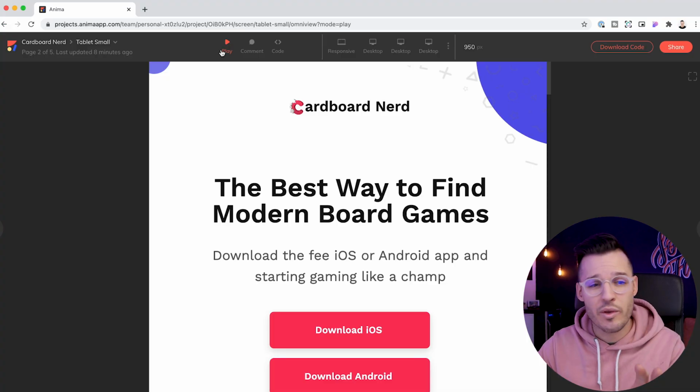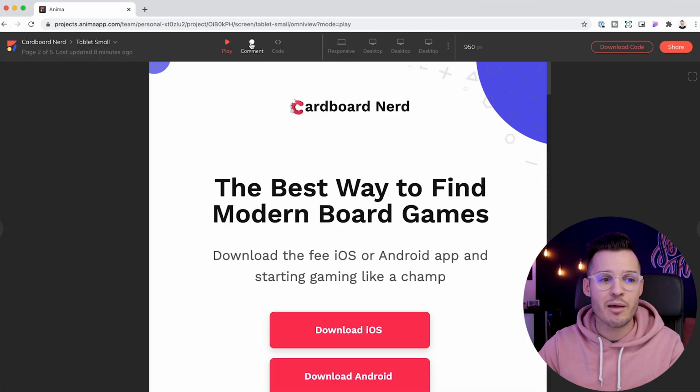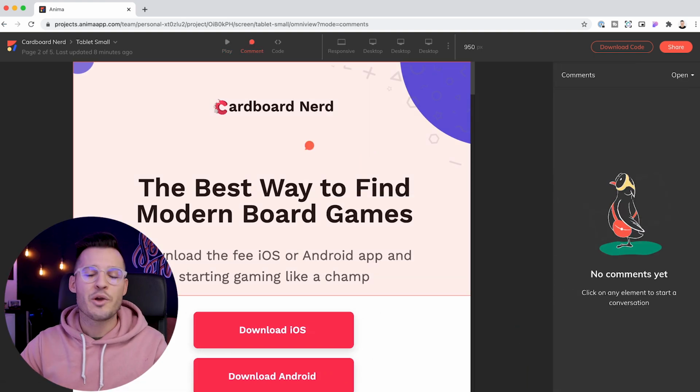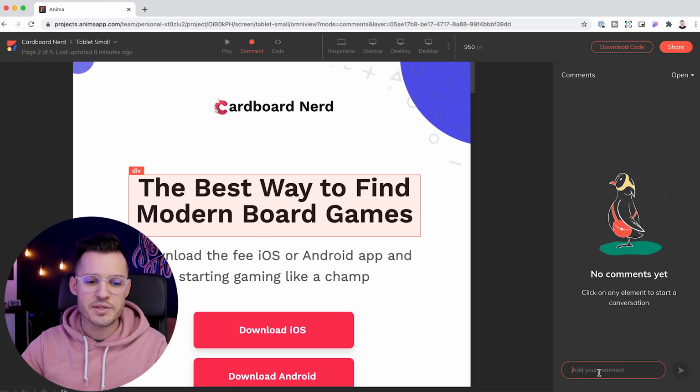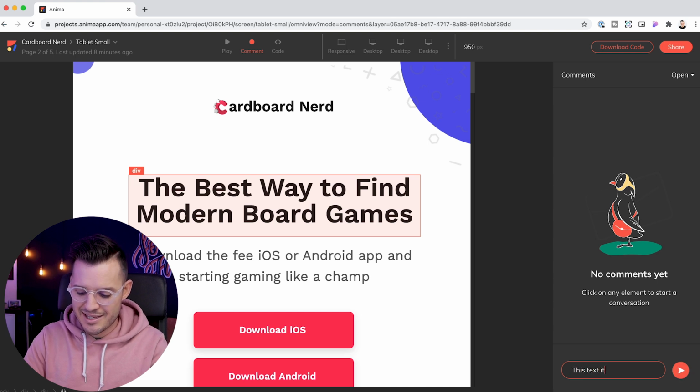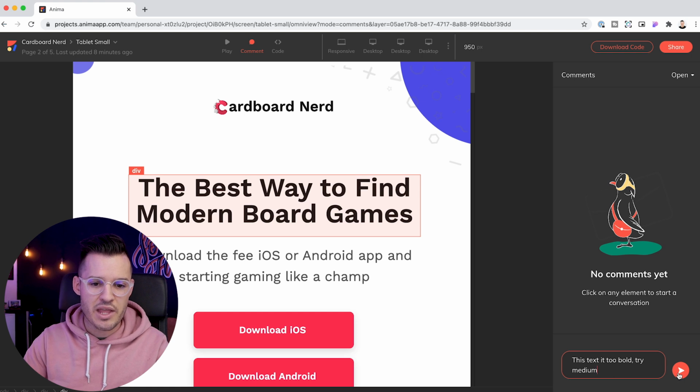Maybe you don't wanna download the entire code package. Maybe it's time for you to start collaborating with your team. Well, the best and easiest way to do that is to move from the play tab over to the comment space. We're able to navigate throughout our design. We can scroll over individual elements and we can left click on those elements and leave a comment. For instance, we could say, this text is too bold, try medium, something like that,